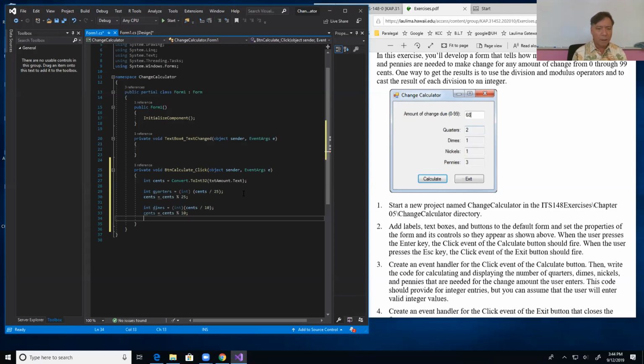Okay. And then we got to do nickels. int nickels equals int cents divided by 5. I hope I'm doing this right. And then cents equals cents mod 5. And then